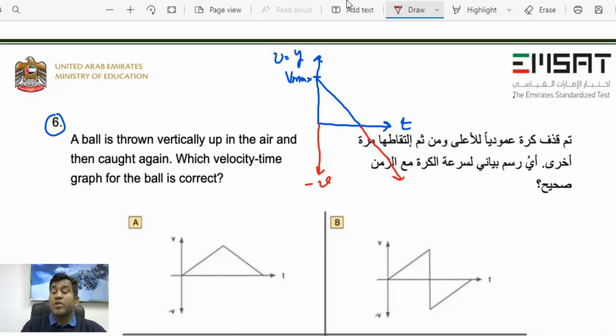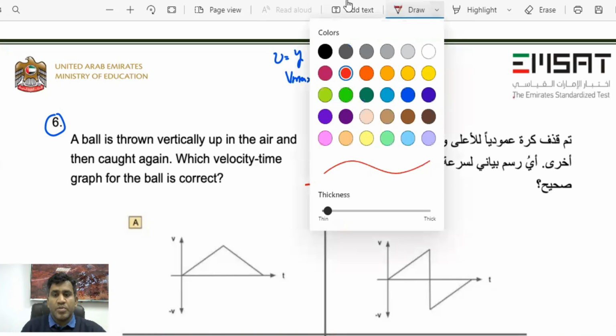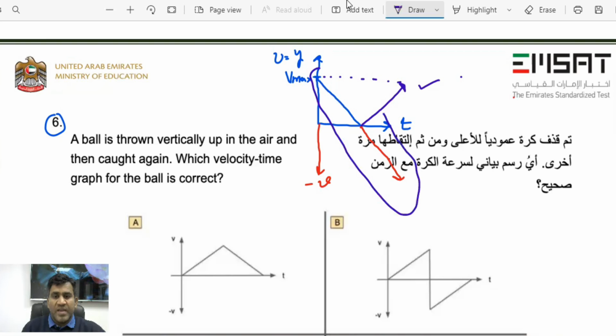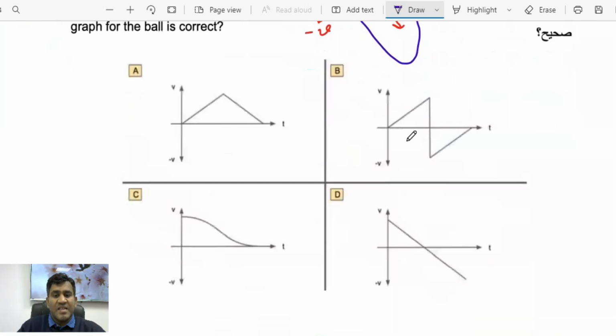Or if I'm just interested in the magnitude of the velocity, then as the time increases, after the velocity becomes 0, it will start increasing further. It means when the object is coming backward, velocity starts increasing. So at this point, it is caught again. So it means the ball is at the same point from which you threw it. So while coming back, velocity increases, while the object is going up, the velocity decreases. So either the graph will be represented in this way, or the graph will be represented this way. So we can see that from the options A, B, C, and D, we can see this option as